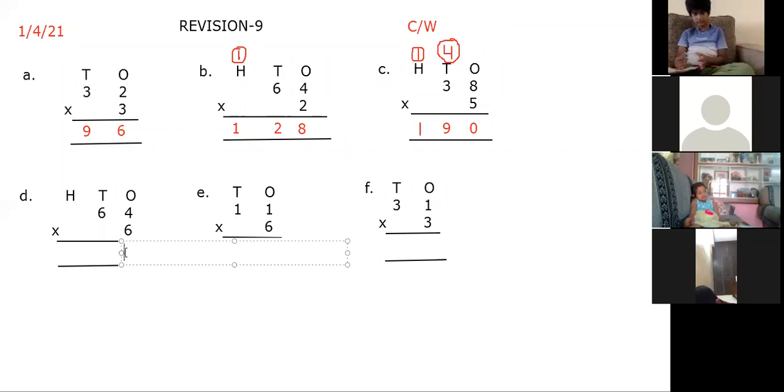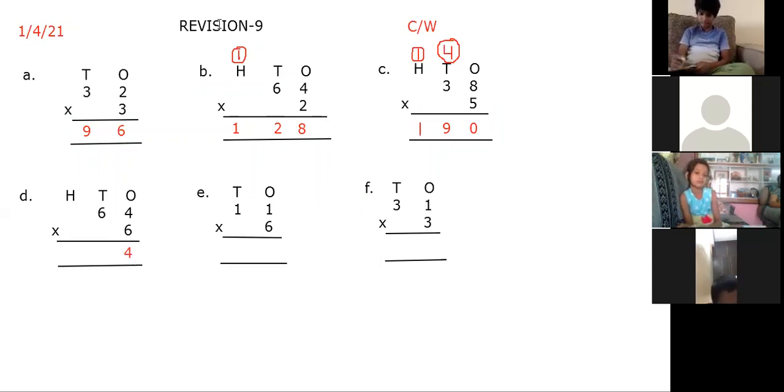So what we will do? We will write here 24 or we will write here 4? 4. Yes, and 2 will go as carry over in? Tens. Very good. 6 fours are 24, but we will write here 4 and 2 will go as carry over in tens place. Okay, fine.